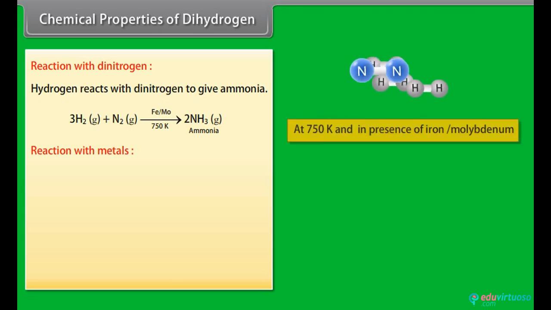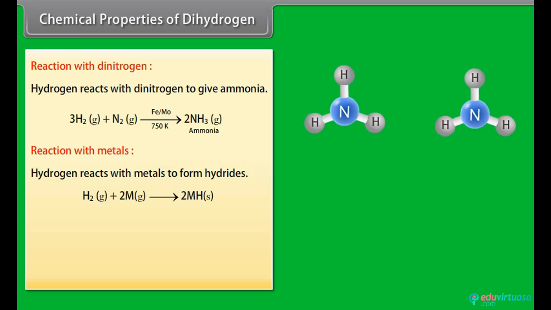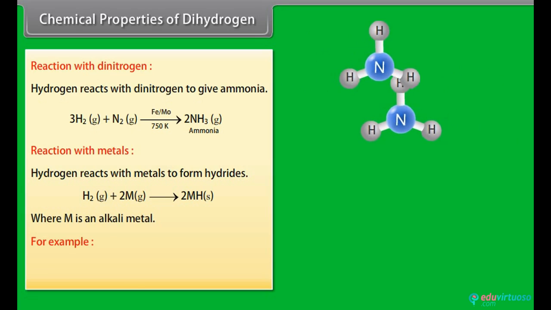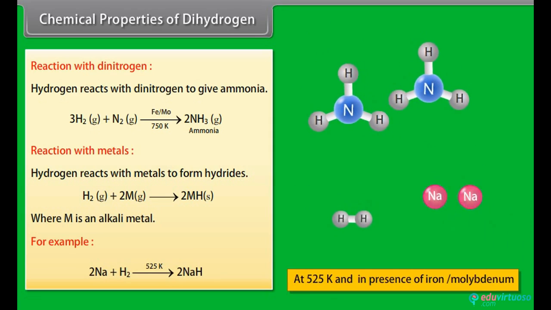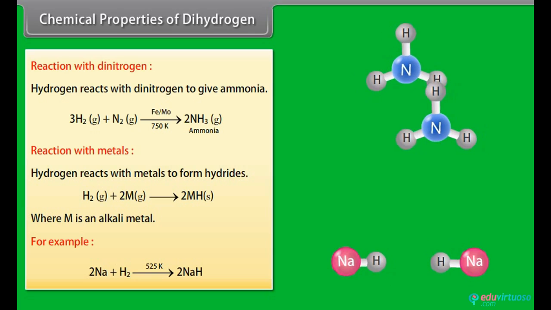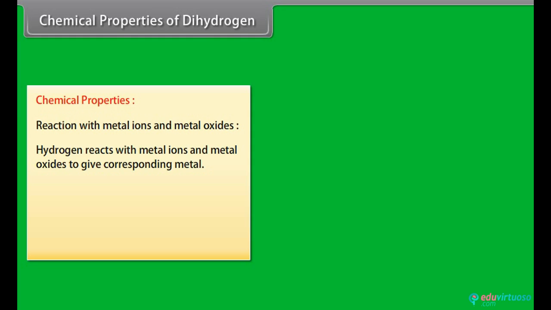Reaction with metals. Hydrogen reacts with metals to form hydrides, where M is an alkali metal. For example, 2Na plus H2 at a temperature of 525 Kelvin gives 2NaH. Reaction with metal ions and metal oxides. Hydrogen reacts with metal ions and metal oxides to give the corresponding metal. For example,